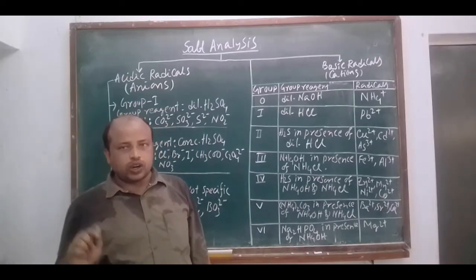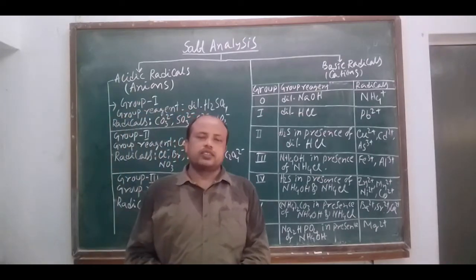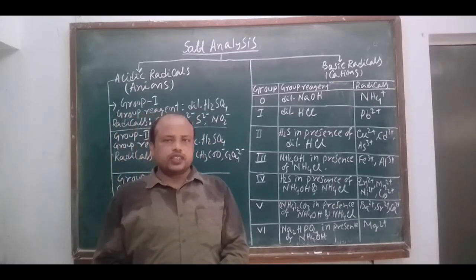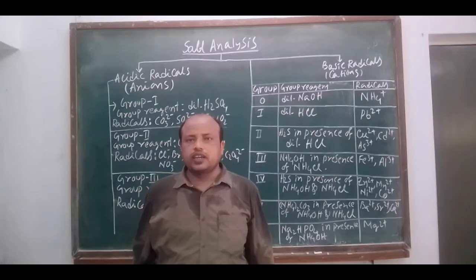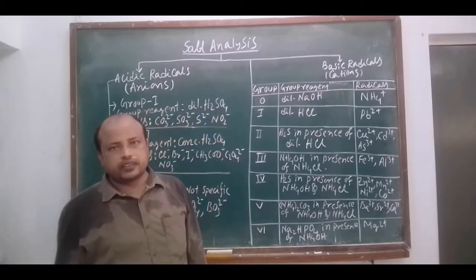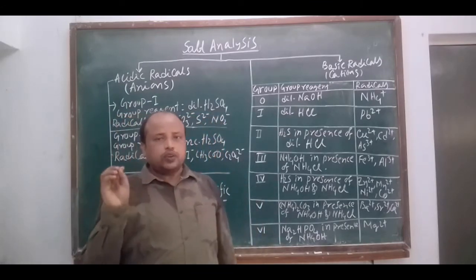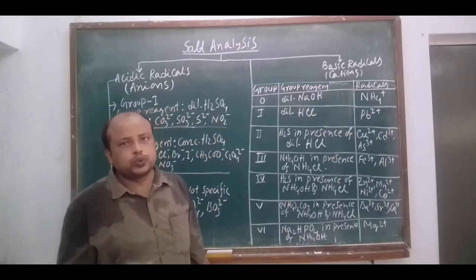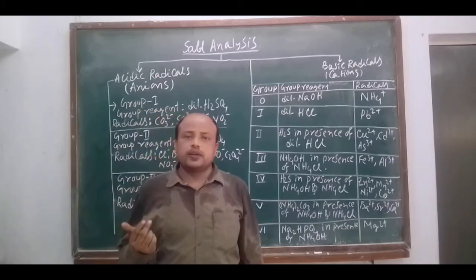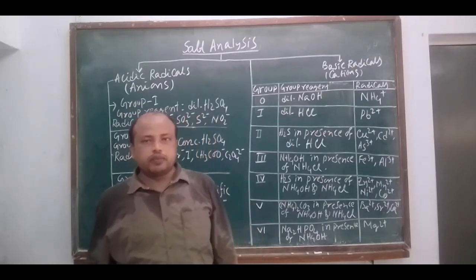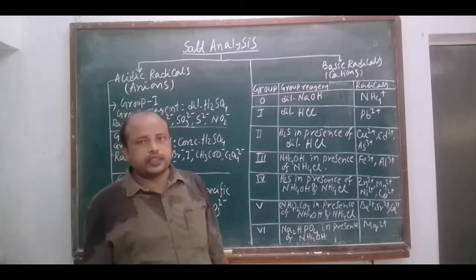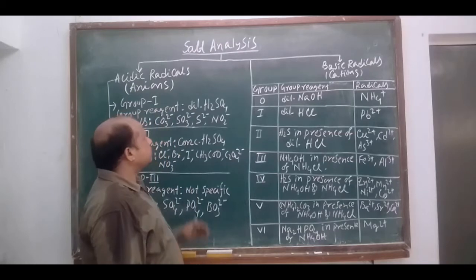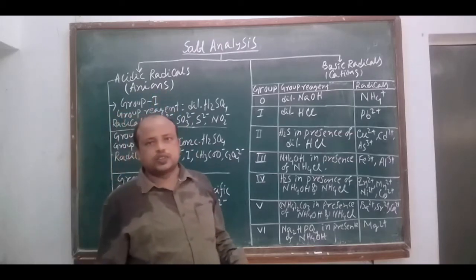You know that a salt contains one cation and one anion. Suppose we take one example of a very simple salt, NaCl. It contains one cation, Na+, and one anion, Cl-. Like that, if we are provided with any salt, the cation and anion present in the given salt sample can be determined using this tool, and this technique is called qualitative analysis. It is also called salt analysis.